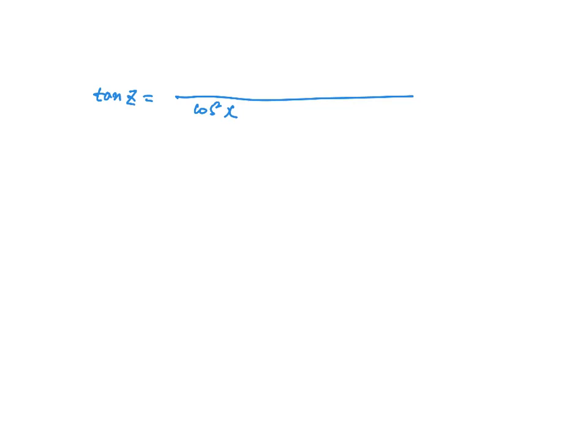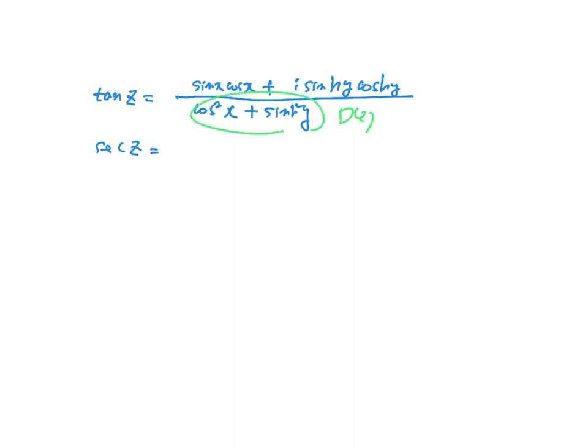Tangent z is sine x cosine x plus i sine hyperbolic y cosine hyperbolic y, over cosine squared x plus sine hyperbolic squared y. Secant z. So basically this is d z, so I just put d z, cosine x cosine hyperbolic y plus i sine x sine hyperbolic y. So secant z